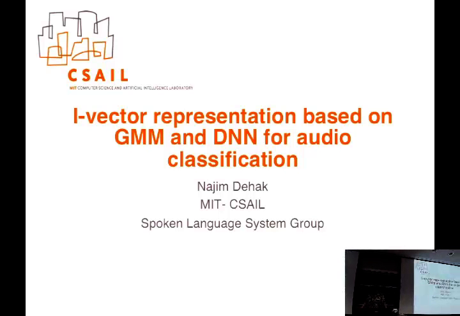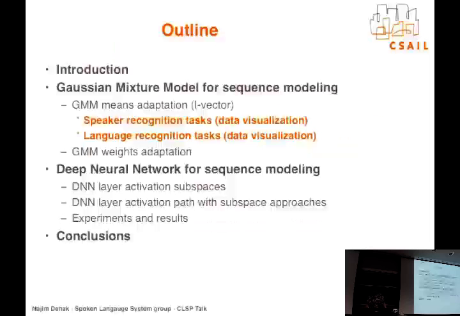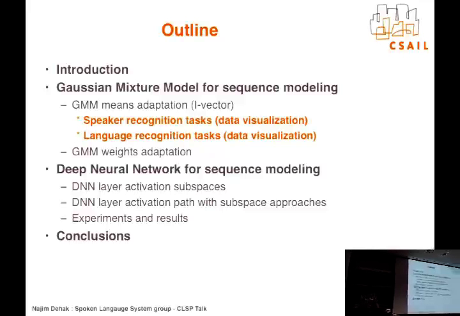So today I will be presenting my latest work about using the I vectors as a new way to use the DNNs for speaker or language recognition, or whatever application you want in the audio classification problem. But before that, I would like to go step by step through how I ended up working on this new topic. And the way we're going to do it is to show you how we went from the I vectors, which are actually related to the Gaussian Mixture Model